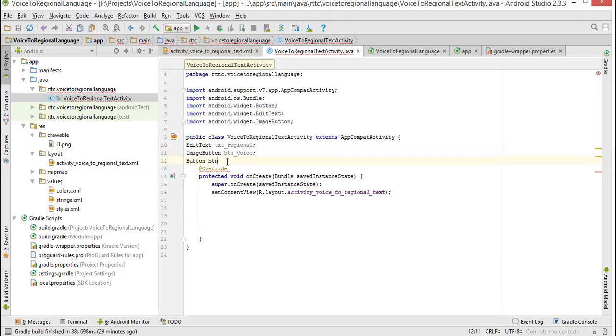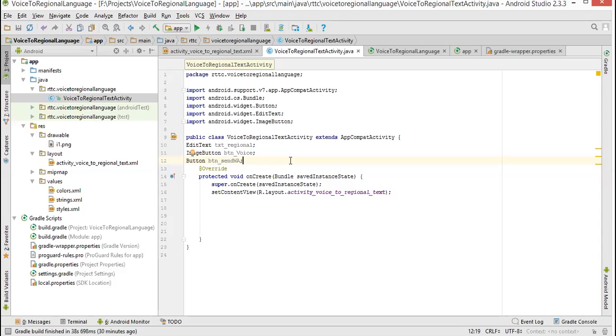So btn underscore send WA, for our convenience of readability. Some name you can give. Because this is object oriented, you can create any object with any name from a given class. Here edit text is a class, image button is a class, button is a class.